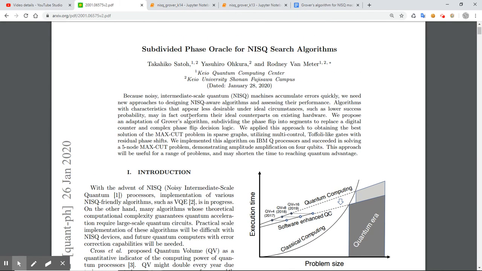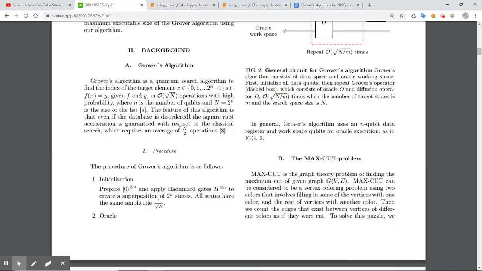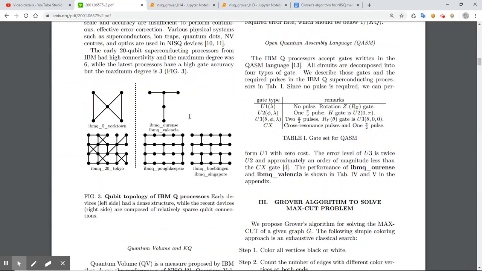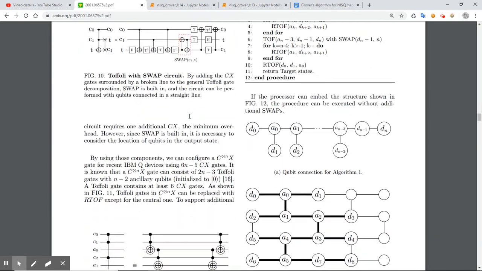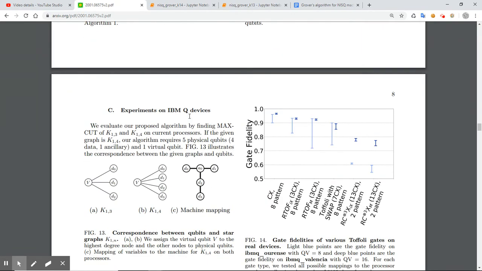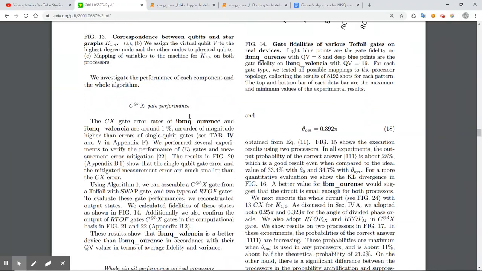So after talking to the authors of the paper, they'll make the code available so I can double check, but they also suggested that I try K13, because the IBM Q devices that are available might not be good enough for K14. So we'll try K13,